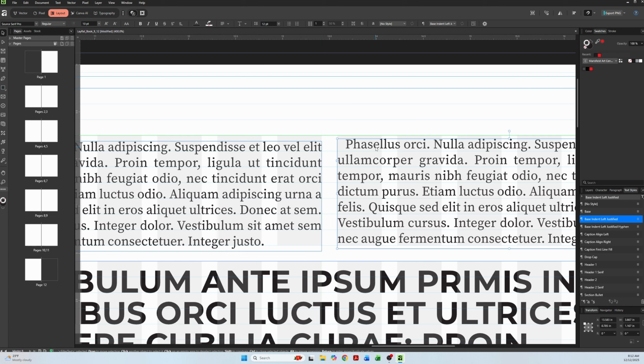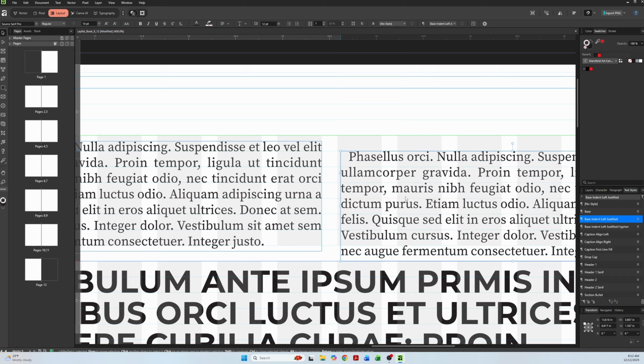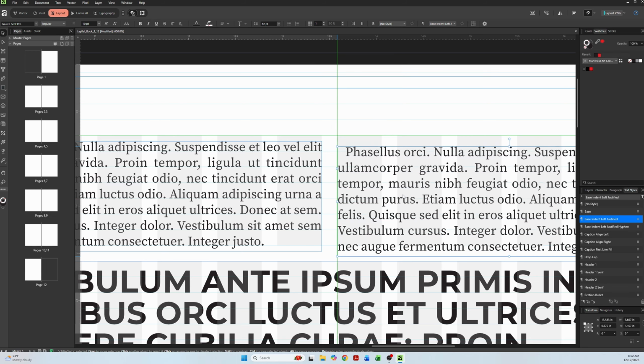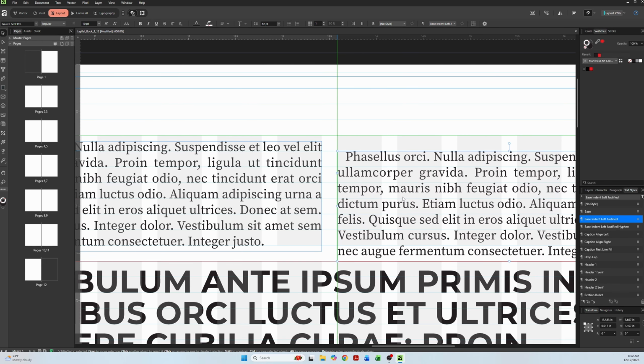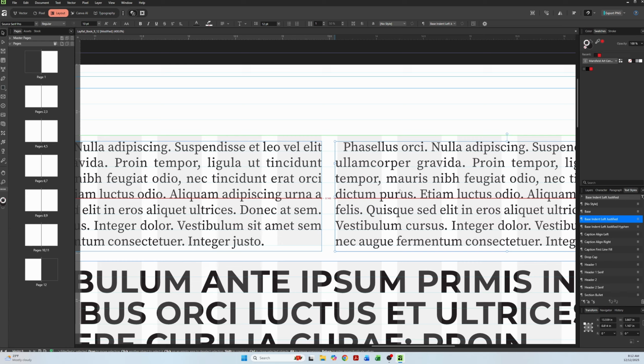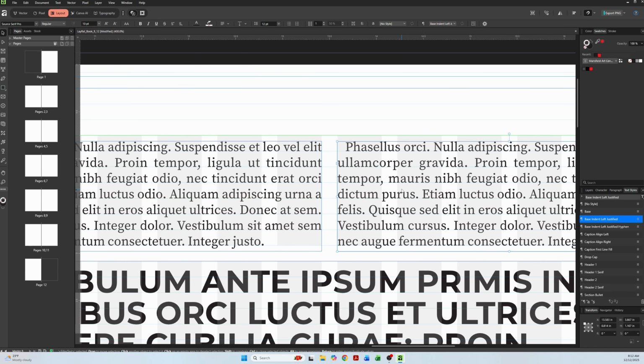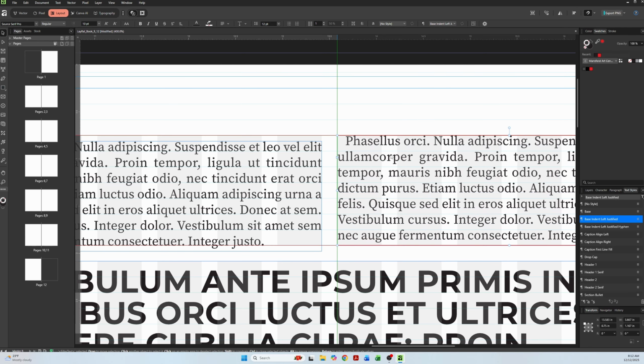However, if I take the one on the right, which has the exact same paragraph style applied, it's not snapping to the baseline grid. It's floating anywhere it wants to and not adhering to the properties we have set up. So what happened and how can we fix this issue? And if I go ahead and bring this back up here a little bit just so it's no longer on the grid and it just kind of floats around here, let's take a look at how we can troubleshoot this